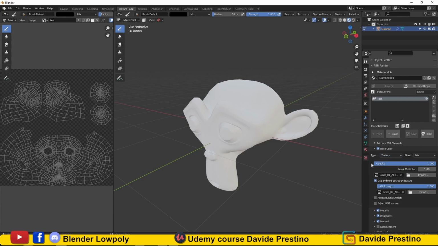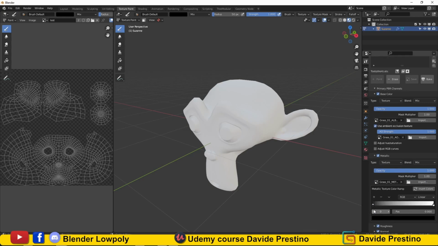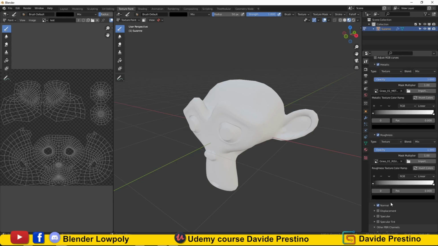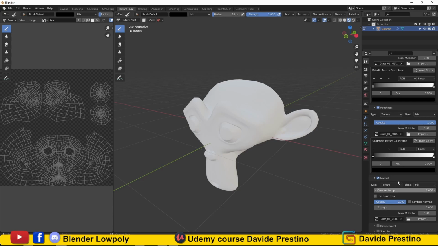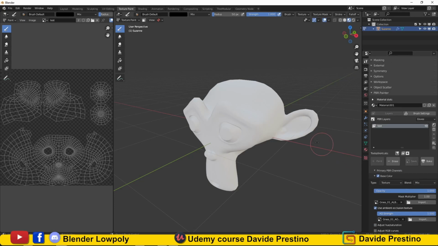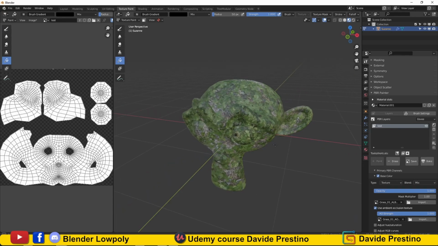Done, you will notice, all the textures have been inserted in the appropriate slots. If they have not been inserted, do not panic, we can load them manually, in all the necessary channels. With the color ramp that we find in the channels, we can increase and decrease the intensities for each effect. To apply the texture to our model, click on the fill icon, and the textures will be added.